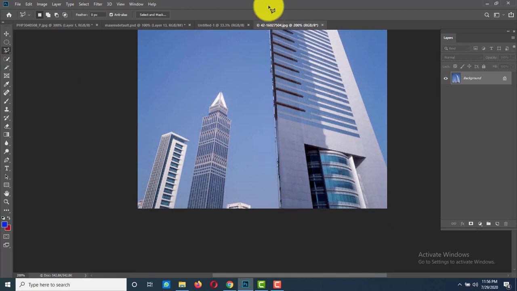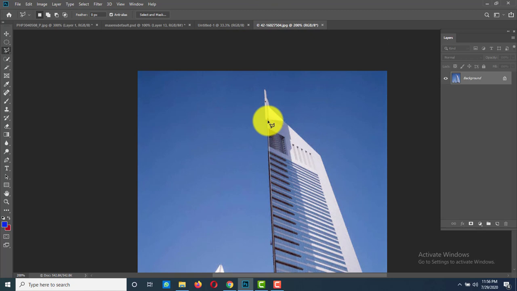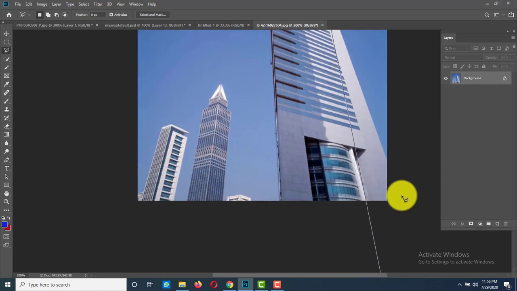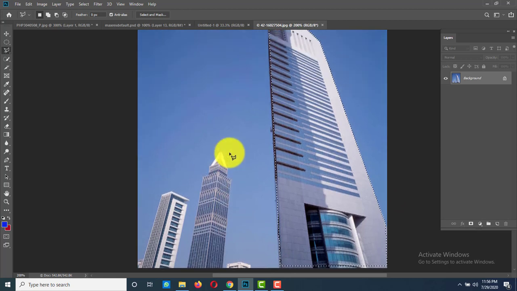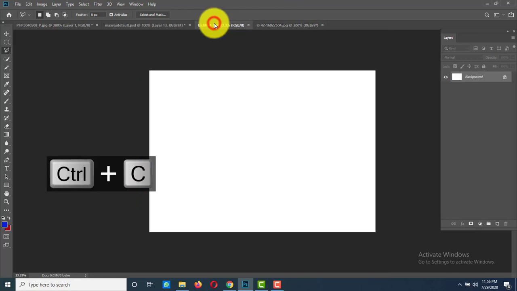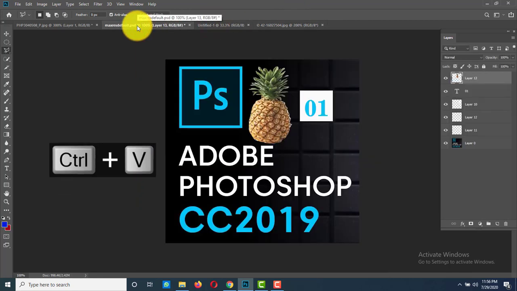Click on first point and you can directly go to the straight line edge. Click on first point to complete the selection and Ctrl C to copy and Ctrl V to paste.